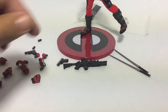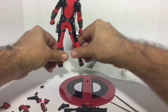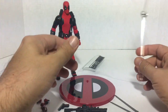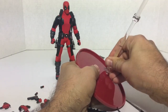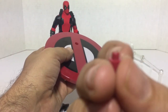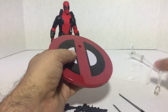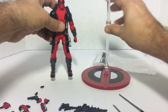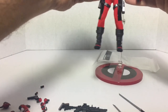So, he can kind of stand on one foot. Well, he can stand on one foot with the peg. It's very nice. Now, if you want to use the included flight stand or aerial stand or just stand, whatever you want to call it, you just turn this over and you take the bottom here and you push through, and that will release the peg. And then you just take this piece and that clips right in there and hit the peg, or this will support him really well